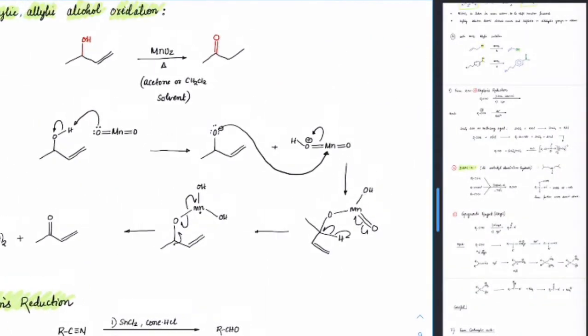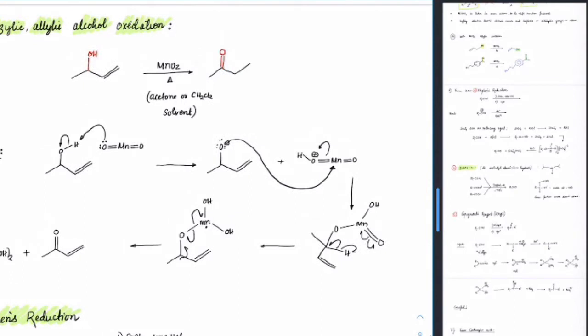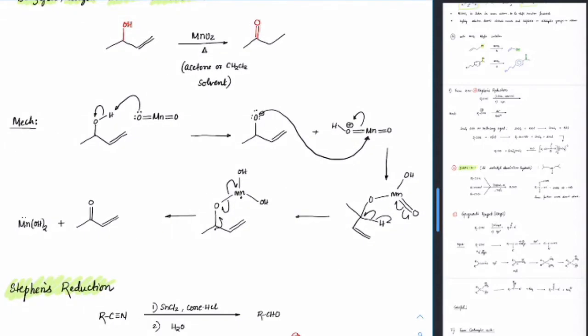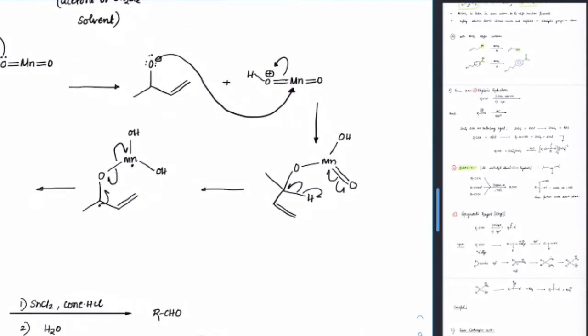See what is happening in MnO2. In MnO2, first the lone pair of oxygen of MnO2 will attack the hydrogen here, will take away the proton, and it will form O minus. That O minus will attack the manganese, and as soon as it forms here, you can see this type of a group is formed. Got it? This on heating, MnO2 is usually followed by heating.